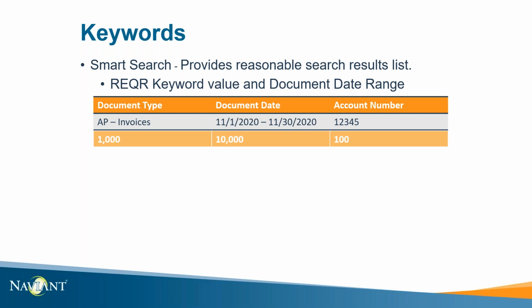It knows there are 10,000 documents imported in the month of November, and the database also knows the account number 12345 has 100 documents in the system. The database will start with the keyword that has the least amount of hits to it, so the database locates the 100 documents with the account number 12345 and filters out the documents that don't have the other matching criteria. This leaves the search result list at 5 documents that fit this criteria.